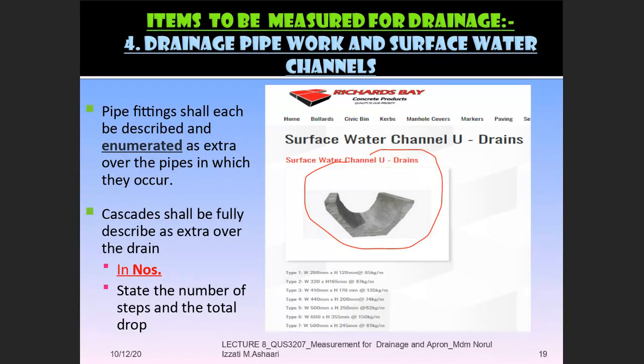You can see the example of the cascade drain next to the block C, or next to the RC block. It is arranged in steps. It really looks like steps, but that is actually a cascade drain. That one has to be measured in number. You have to state the number of steps and the total drop, how many steps are available to install the cascade drain. This is a little bit different compared to a surface water channel, because a normal surface water channel has to be measured in meter, and the pipe fitting has to be measured in number,